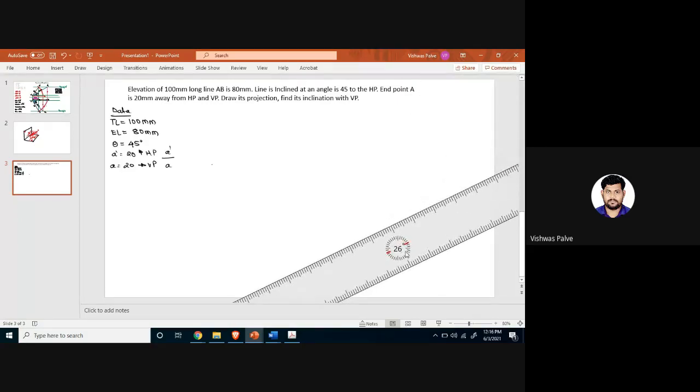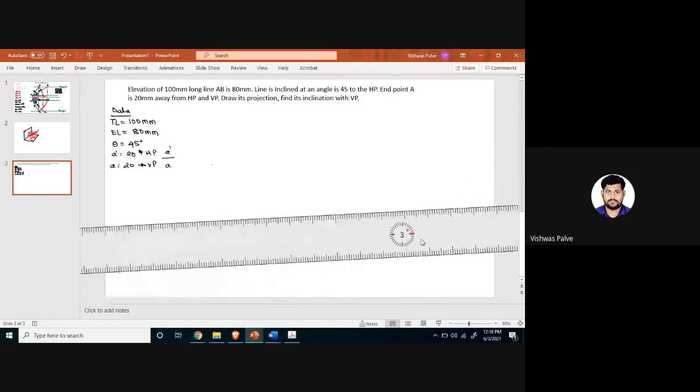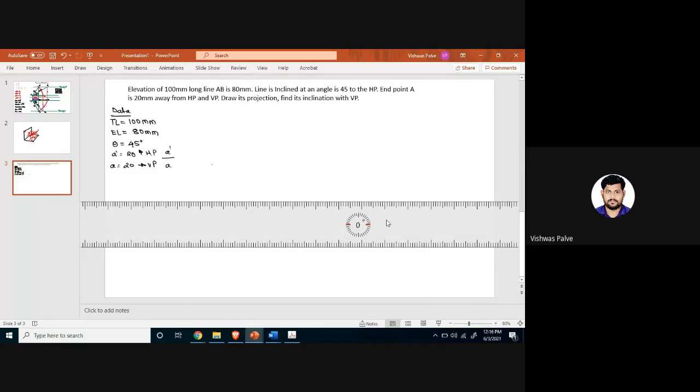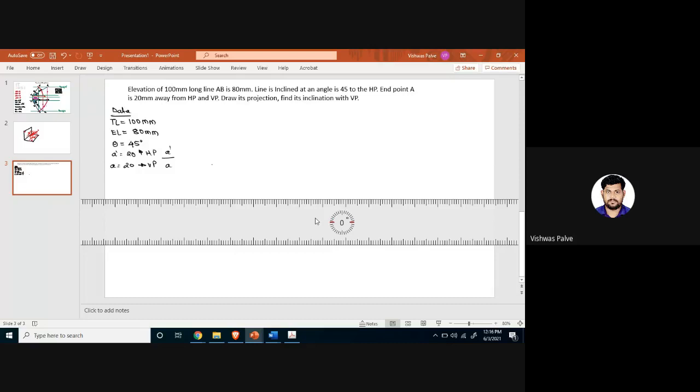And even if you share the screen, you won't be able to draw, and you have to purchase all the equipment, scale, compass, right, protractor, everything. You have to purchase it and be ready for your practical exam, sorry, for your internal assessment. You have to draw it on a plain paper. And if it is not possible, I hope everyone has the sketchbook now. There is no difficulty in sketchbook because everyone has uploaded the assignment.